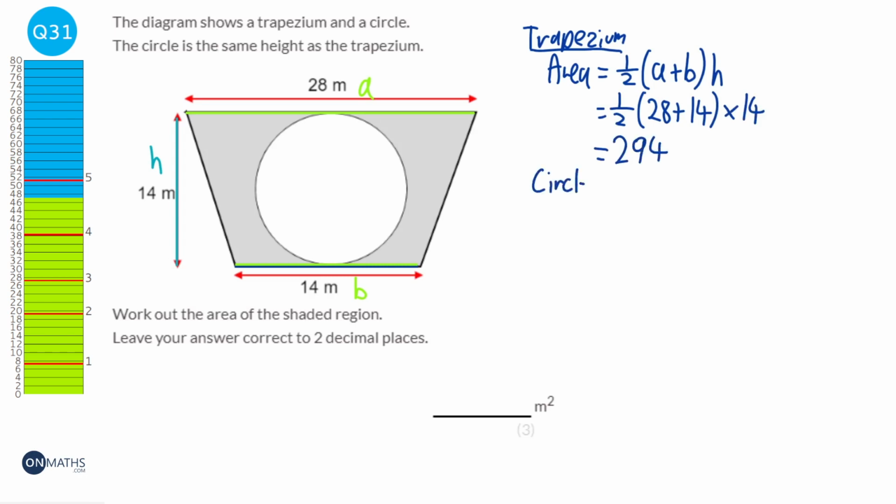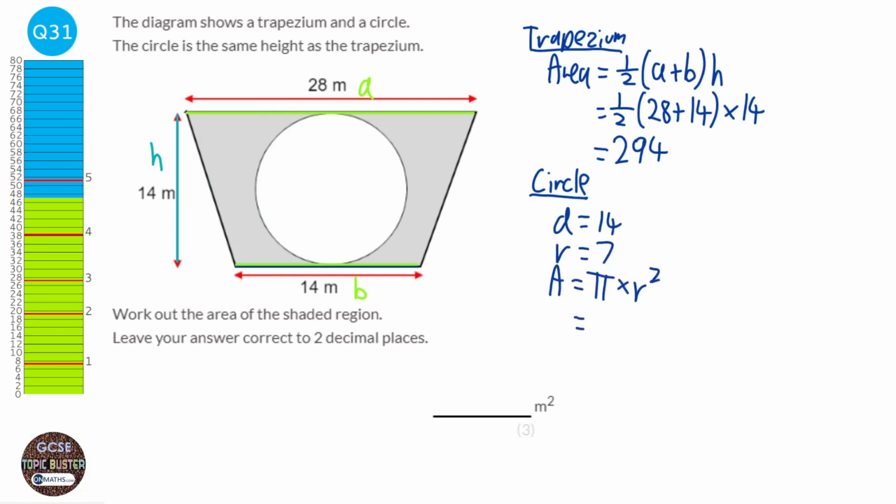Next we'll do the circle. Now it doesn't look like we've got anything for the circle, but actually the height here is actually the height of the circle as well. So the height of the circle is the same as the diameter. So the diameter of the circle is 14, therefore the radius would be half of that, which is 7, and the area of the circle is pi times the radius squared. So it would be pi times 7 squared, which will be 153.938 blah blah blah. Now I'll keep that in my calculator, because next thing we'll do is the shaded area